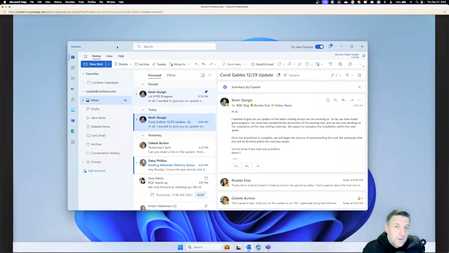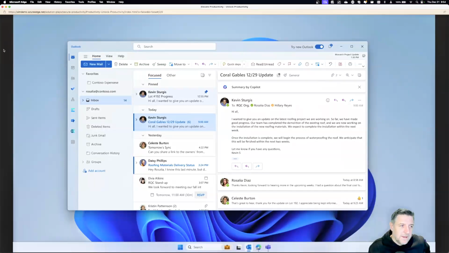It will also be available for A3 and A5 licenses. You will also be able to use some Copilot features in F3 at one point. Even Business Premium is going to be supported at a later stage. But yeah, for now, I know it's kind of crappy, but for now we do have to be a little bit patient. Here we see, when we look at this Outlook window,